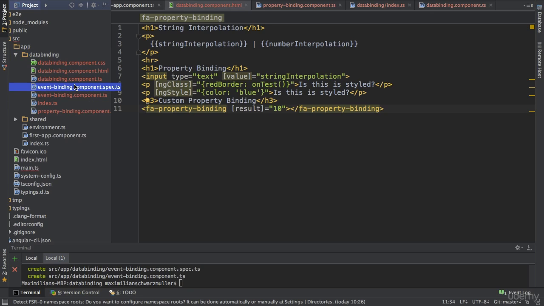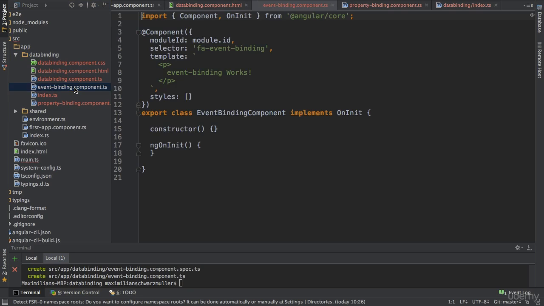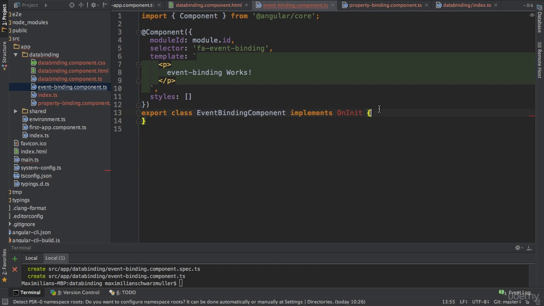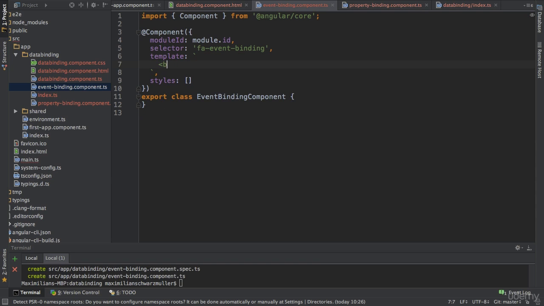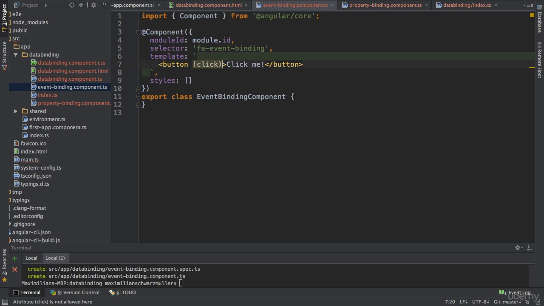Get rid of this .spec.ts file. And in this event binding component, I'll again get rid of all the things I won't need here for now. Okay, and I will add a button here, which says click me. Now, if I click this button, nothing would happen right now. What I can do though is I can add a click listener to that button, and on clicking, I will